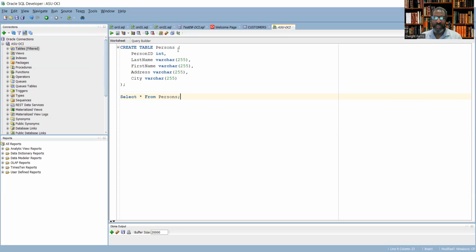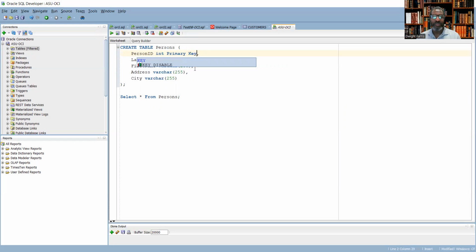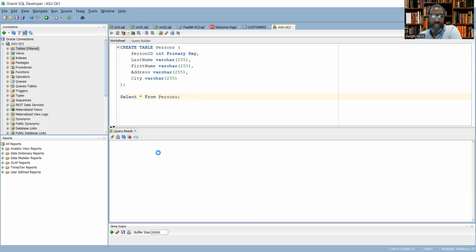and then your table name, and then the parentheses, and now you do want to indicate primary key. Before the comma, you would put primary key. Go ahead and do that. Because remember, your primary key is the one thing that creates the relationship. So you would go ahead and build the table that way, and then I just have the select statement in here so that I can see if the table is built. And there's this little execution green arrow. If you click on that,